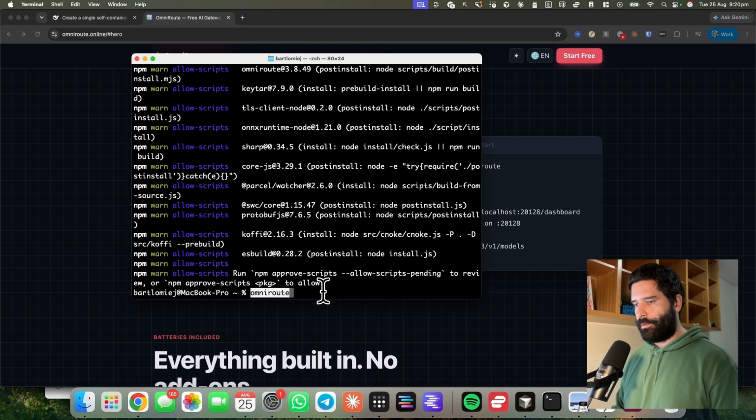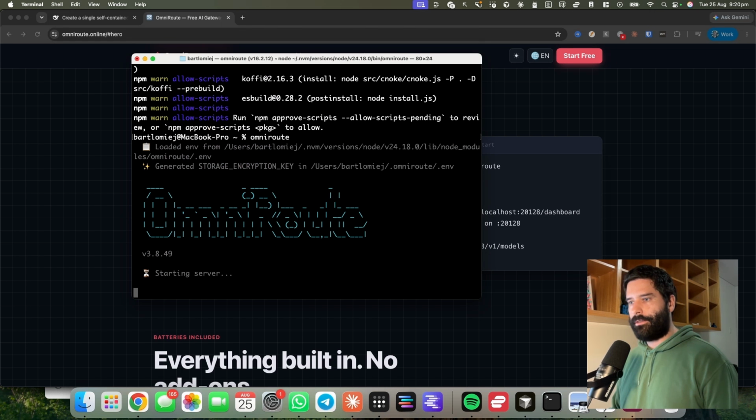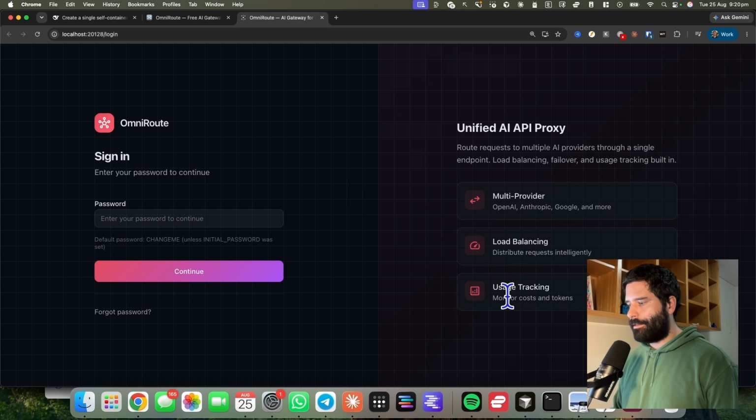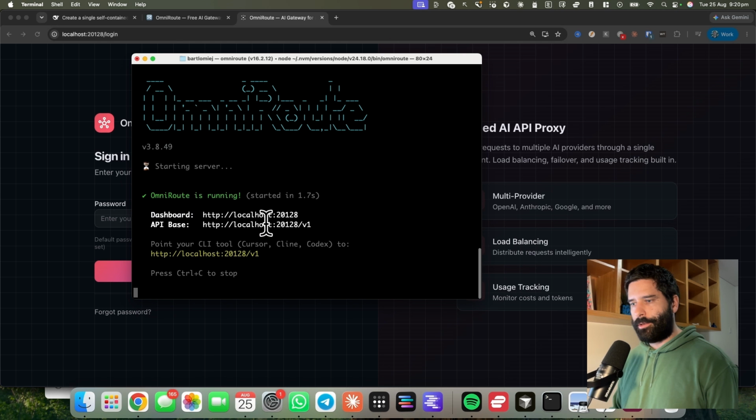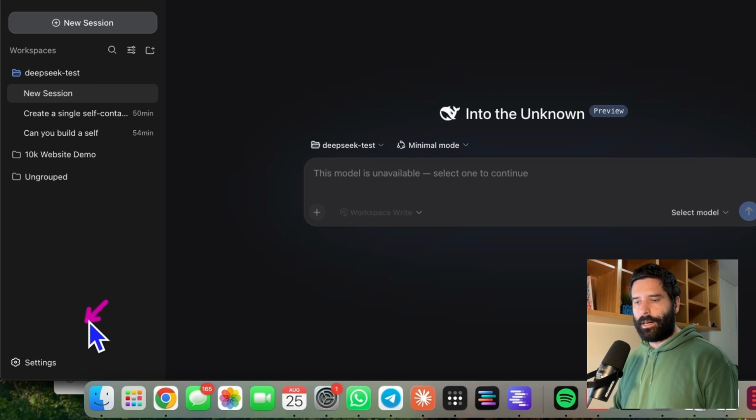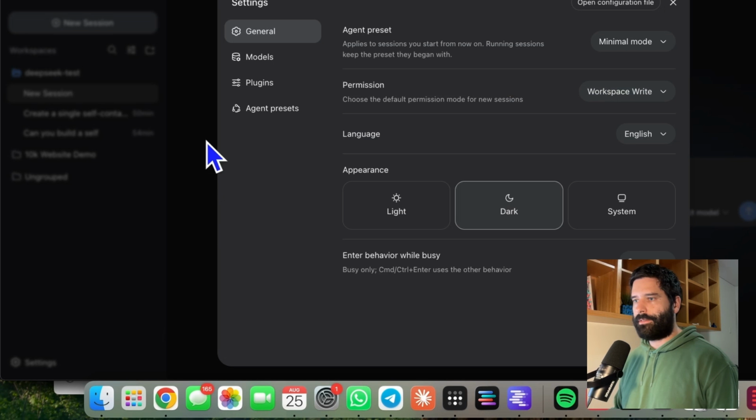So back in our terminal, we're just going to paste in OmniRoute and hit enter. And then our dashboard is going to open up automatically for us. But if I just go back into the terminal, you can see that we've got this API key here. So I'm just going to copy this API key right away. And let's just go across to the DeepSeek Harness and go into our settings in the bottom left-hand corner, then